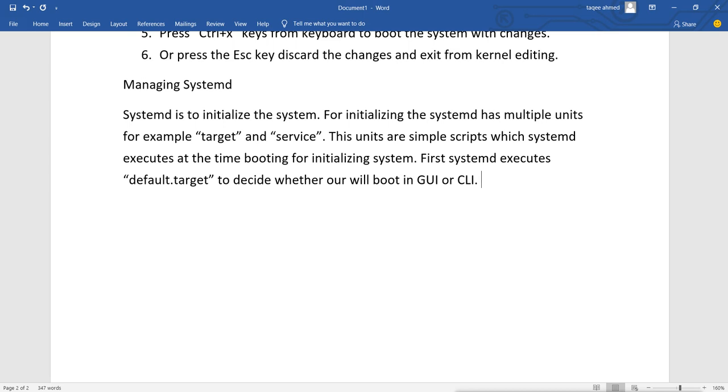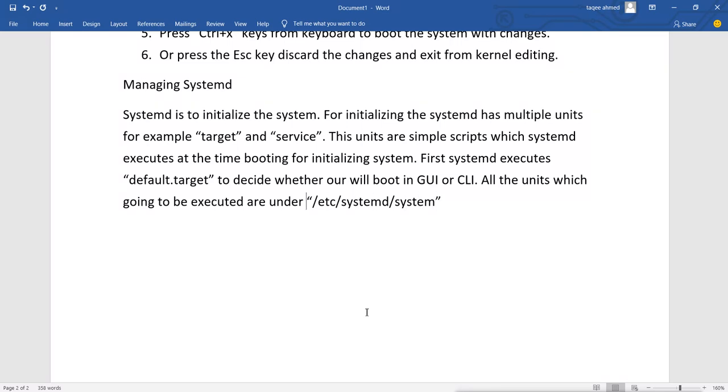Now all the units which are going to be executed are under which directory? Under the /etc/systemd/system directory.